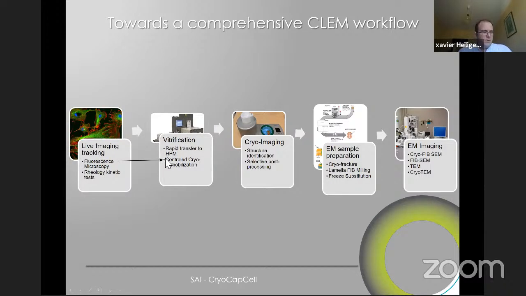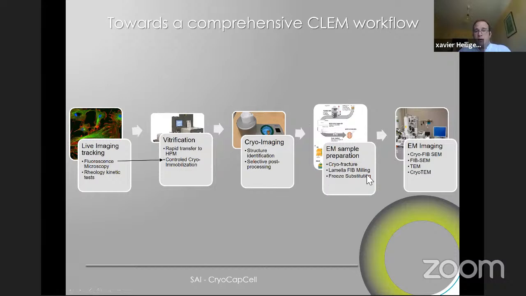But then we've seen in the previous presentation that some people have been developing cryo imaging, especially Anna Sartori, who's now at the Pasteur Institute. And from what we heard from Harald and Eric Betzig and the cryo clamp, the idea is to be able to go from live cell to cryo imaging of your sample. The advantage of cryo imaging is that you will not have any photobleaching, which is essential because you can do super resolution because of no bleaching. And you can take as much time as you wish before you start to do your electron microscopy. So there's a critical step here in cryo imaging.